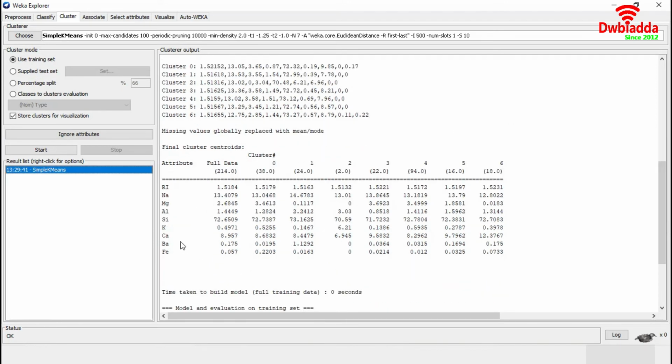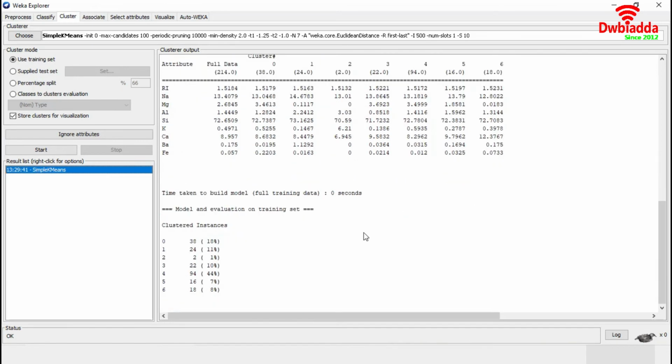This part is basically the final cluster centroids. For the first cluster, which is named 0, for this combination of data, it generates the first centroids. For the second one, the combination is this set. And for the third one and fourth one till the 7th one, it follows the same. Now, the cluster instances.